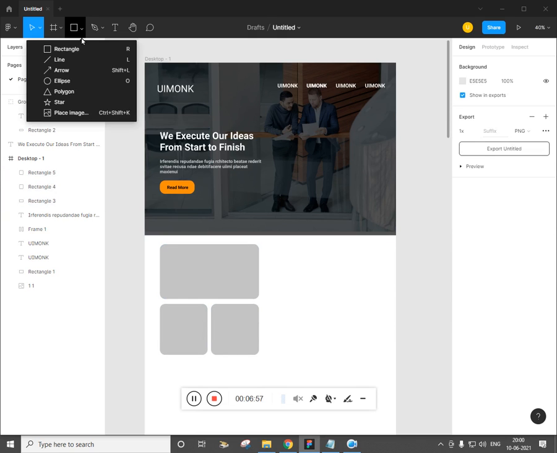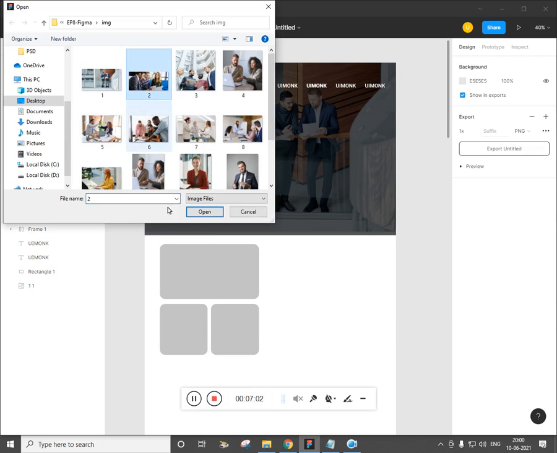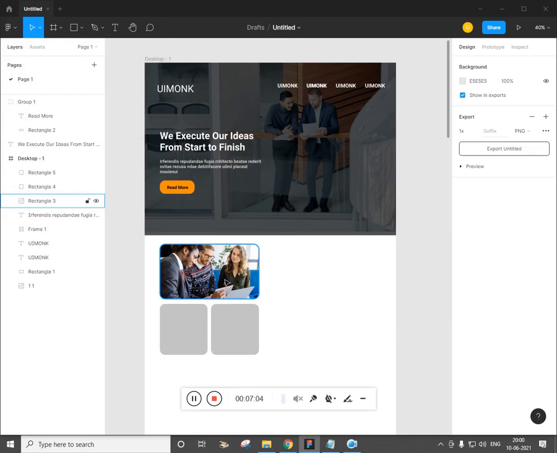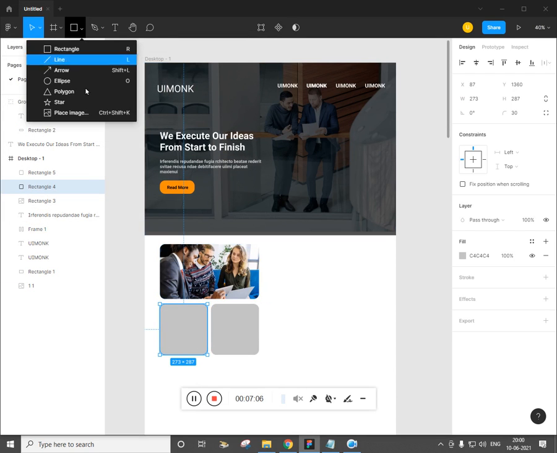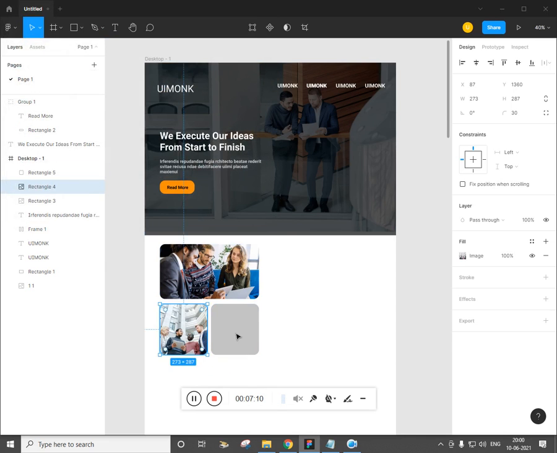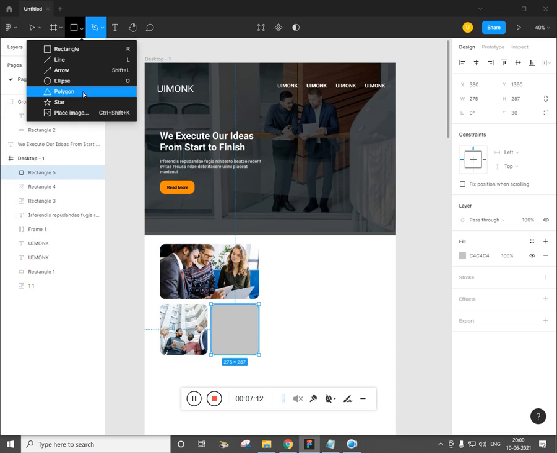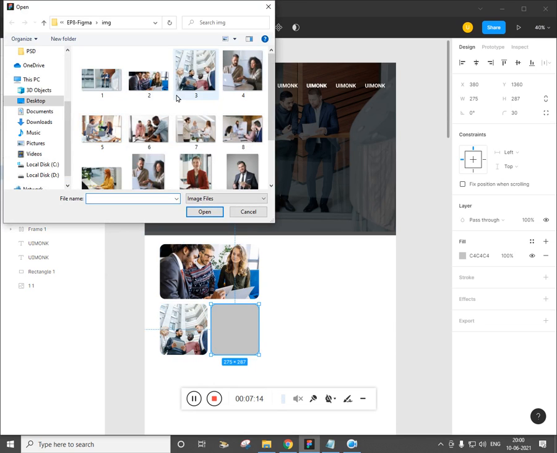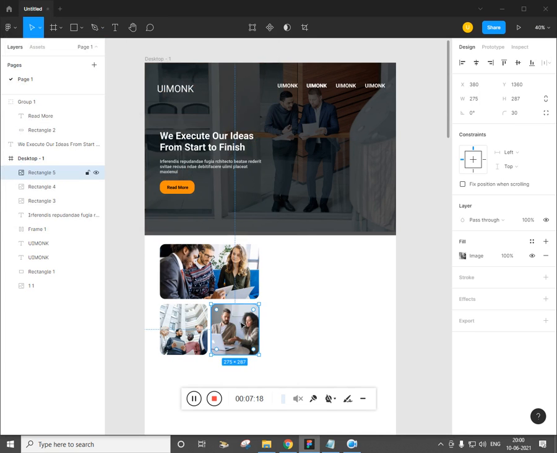Now you can place the images. Select this, open, click on this rectangle, select this, the second one, and the third one. Cool.